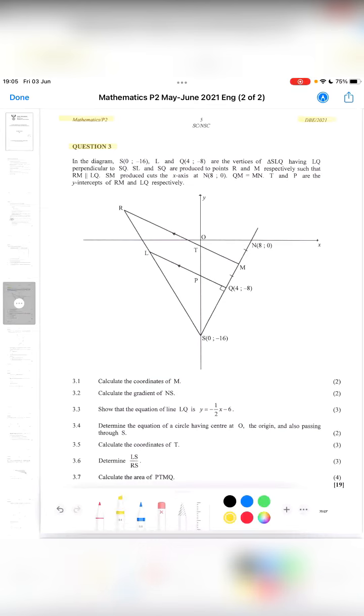Okay, so let's see. What I'm going to do quickly is just read through the given statement. So in the diagram, S, remember, I've always been saying that S represents a point. And then these